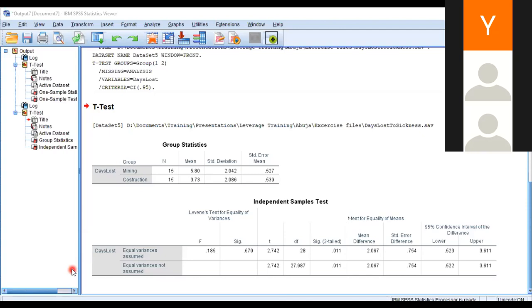It's better even when you plot, what do you call it, that's the graph. When you plot a histogram or stem and leaf, you can look at the shape, but looking at the shape of a histogram or stem and leaf is very subjective. So it's still good to quantify, and the best way to quantify is to do those tests. It will quantify if it's significant or not, if it's significantly skewed or not.